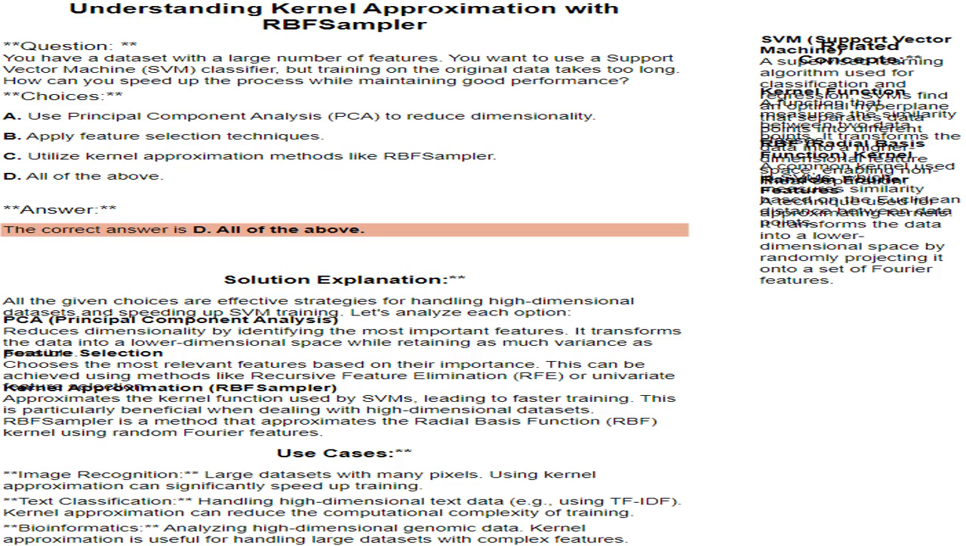SVM, support vector machine, supervised learning algorithm used for classification and regression. SVMs find an optimal hyperplane that separates data points into different classes. SVMs are powerful algorithms for classification and regression, known for their ability to find optimal decision boundaries between classes. They work by finding a hyperplane in a high-dimensional feature space that maximizes the margin between data points of different